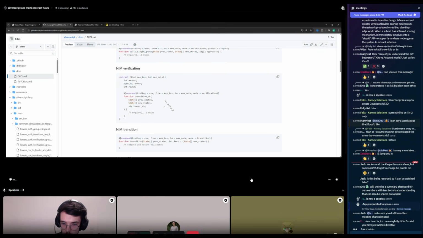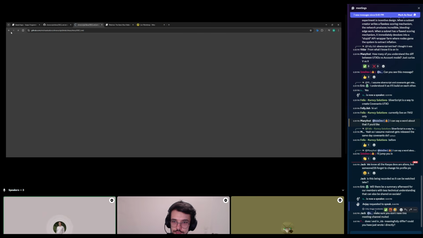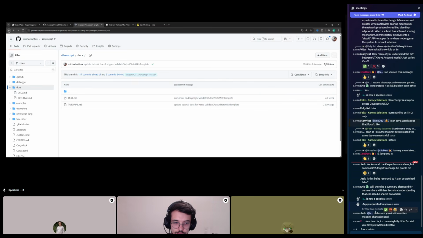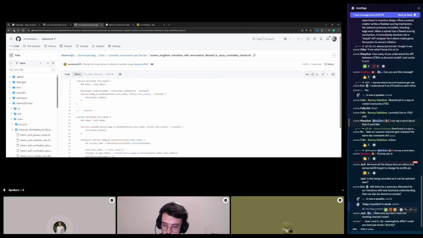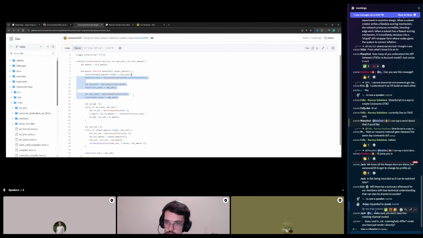So in order to automate this, we saw it is relatively complicated. We have to write all this glue, reading inputs and outputs. We wanted to automate this so it's easier to write secure covenants without making mistakes.